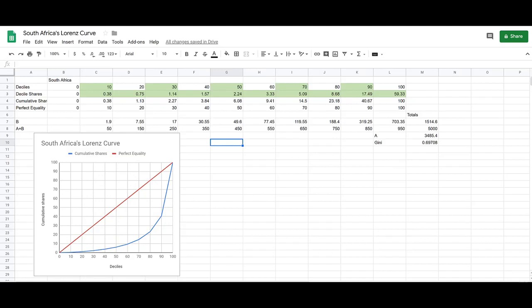The more unequal distributions have a greater area between the Lorenz curve and the 45-degree line, that is the perfect equality line. To be able to do such an interpretation, we need another country to compare with. Let's say we do the same process for the US, then we have two countries to compare and talk about